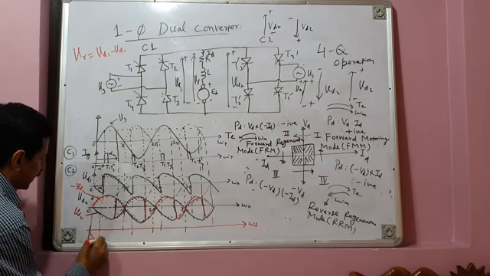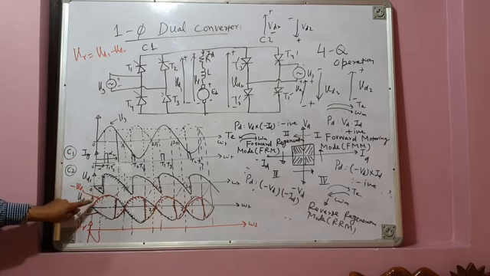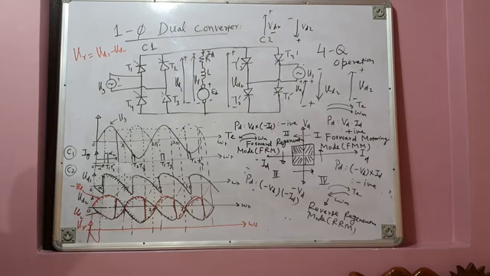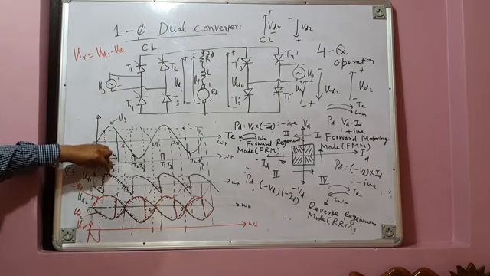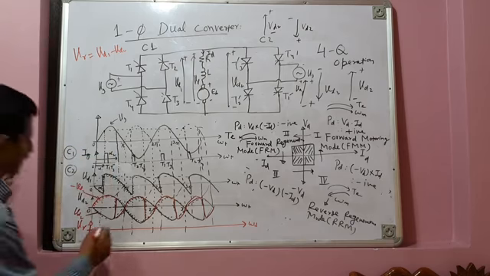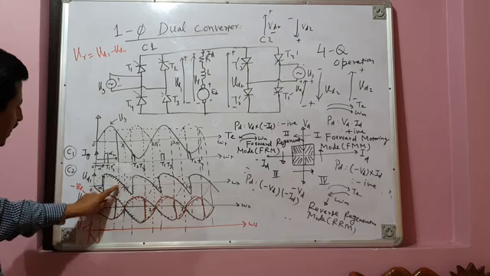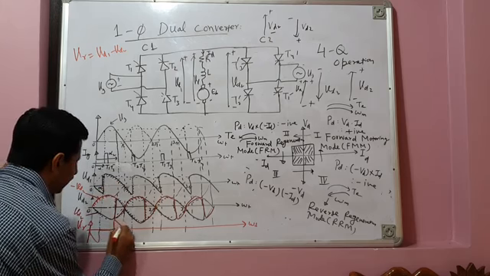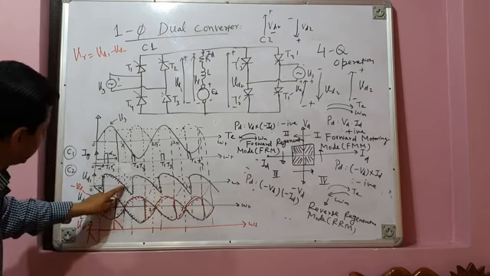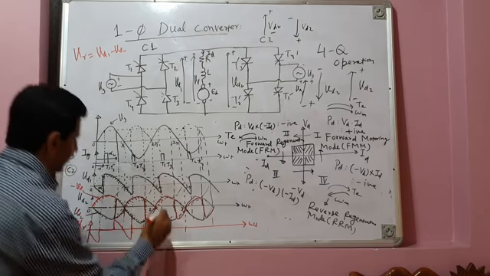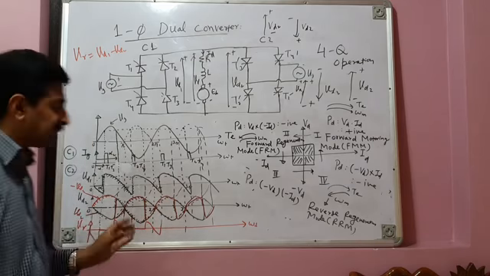When you are doing VD1 minus VD2, you have to subtract this black waveform from the red waveform, not this black waveform. Okay, after that, from here to here this is positive, this is also positive. So this voltage minus this voltage is 0. From here to here the resultant voltage is 0. Then here this is positive and this is negative. So this minus this will come out positive. And then from here to here, this is negative, this is positive. So if you multiply them, it will come like this. After that again it is 0, then it is again like this. So this is the resultant instantaneous voltage.